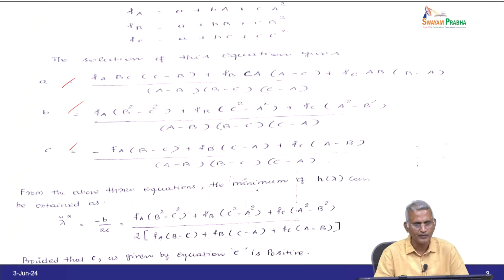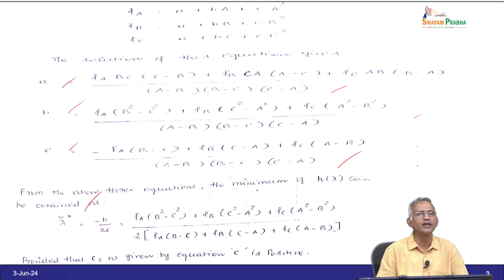The solution of these equations gives the values of a, b and c, which we can determine by solving these 3 equations. So, a equals f A into B C of C minus B, plus f B into C A of A minus C, plus f C into A B of B minus A, divided by A minus B into B minus C into C minus A. Similarly, b and c also have formulas; we have to solve the simultaneous equations. From the above 3 equations, the minimum of h of lambda can be obtained as lambda star equal to minus b by 2c,